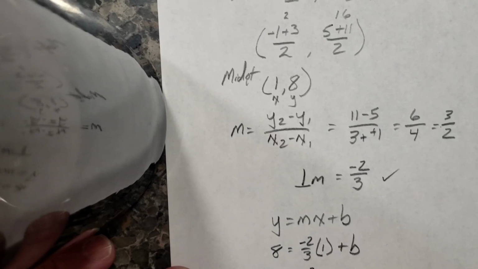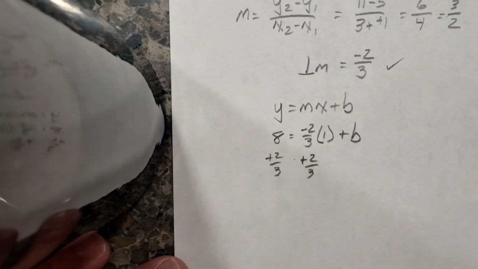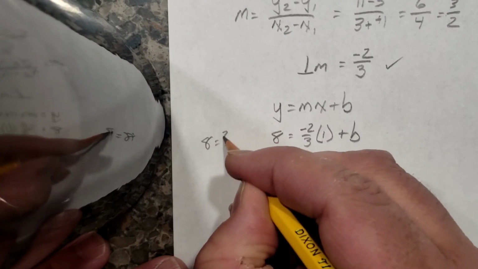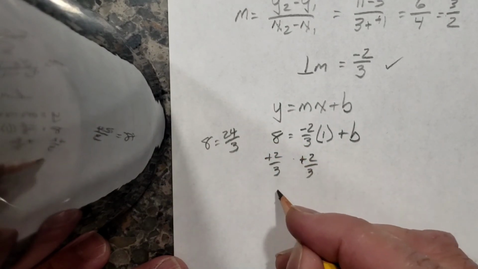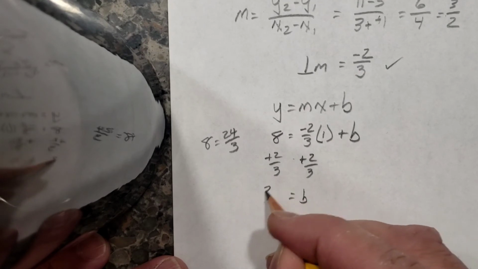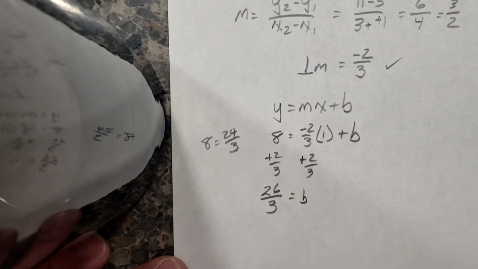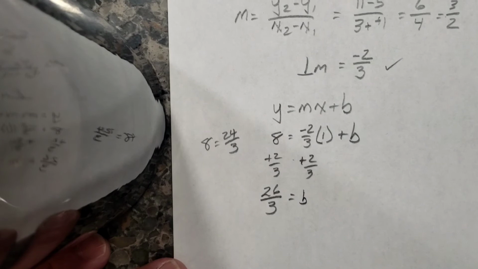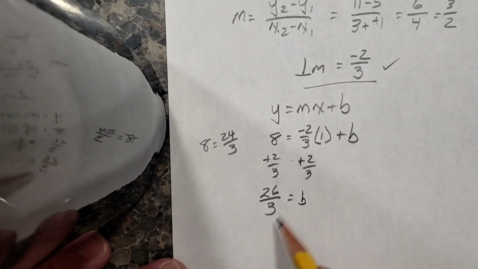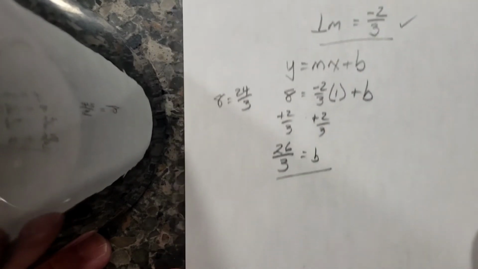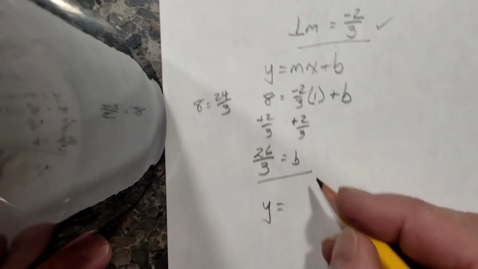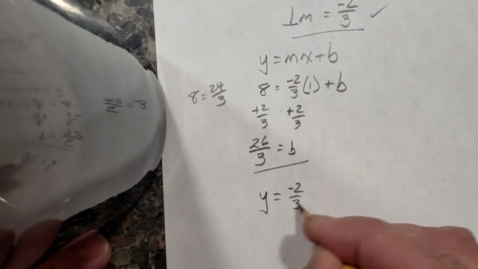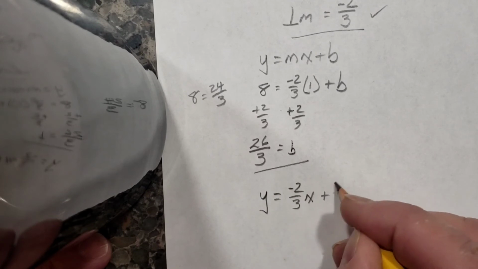So I'm going to add 2/3 to both sides of this equation. You know 8 is 24/3. So when you put those together, b is 26 over 3. Okay, now we have our slope, we have our y-intercept, y equals, and that slope was negative 2/3 x plus